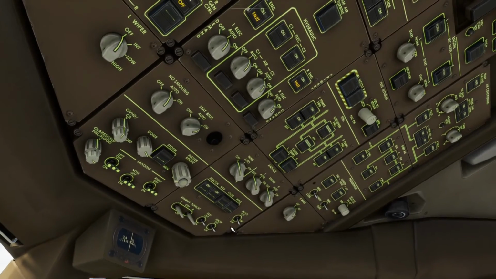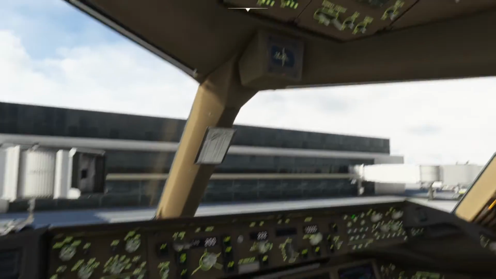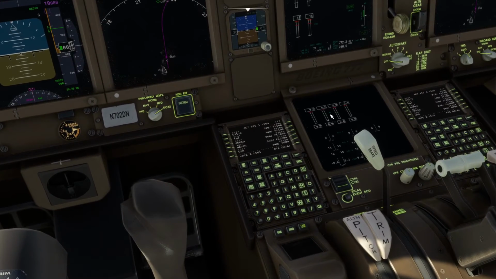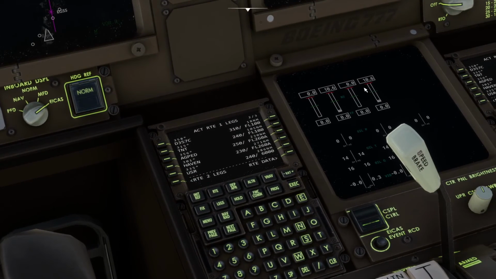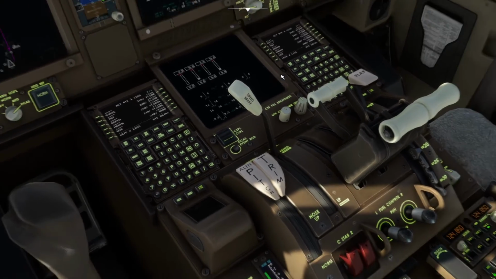So back overhead, there are the two start switches. So you want to start the right engine first. If we click the knob, it goes to start, and if we look down here, you will see that the numbers for the N2 are coming up. So N2 is the speed of the gas turbine. When it gets to 20%, this is a percentage, we can